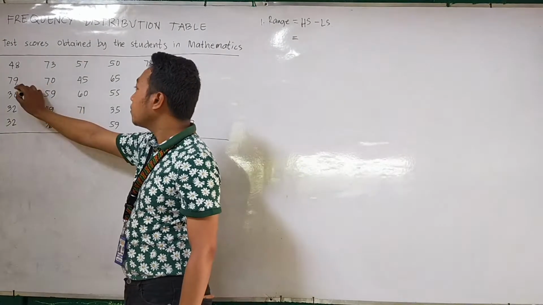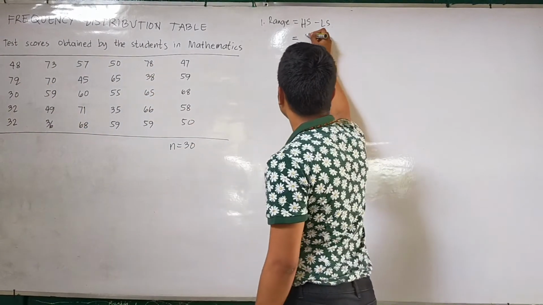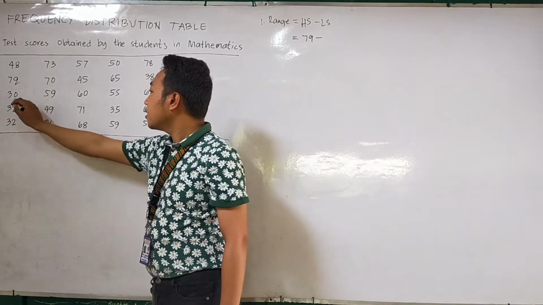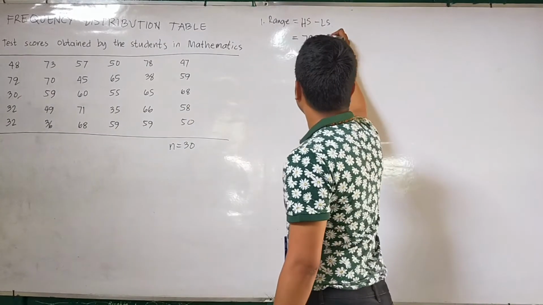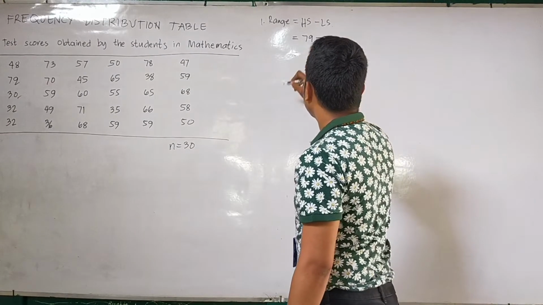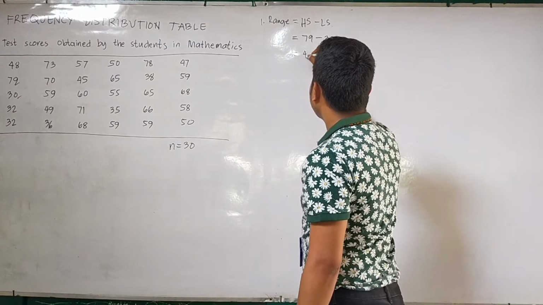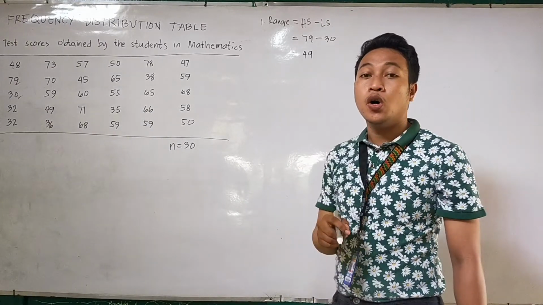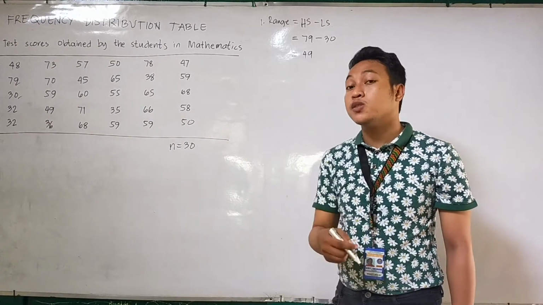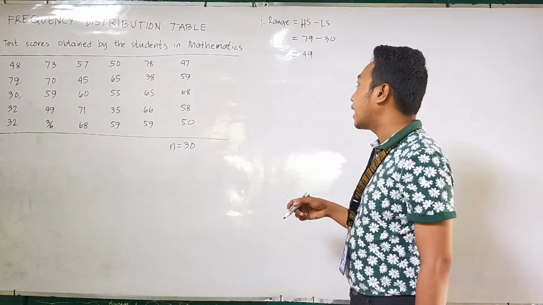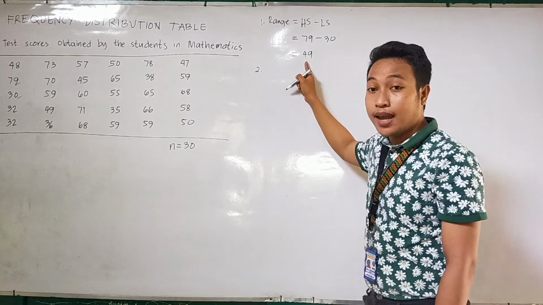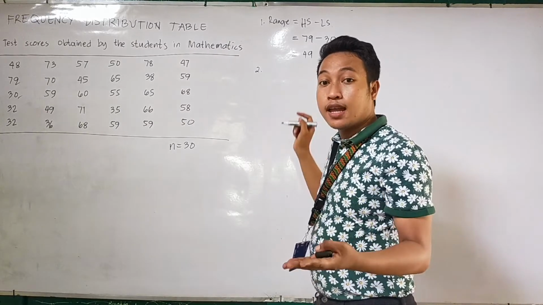So for example, we have 79 as the highest score minus the lowest score, which is 30. That is equal to 49. Your range, from the lowest score to the highest score, is 49. The second step is that we are going to divide this range depending on the number of